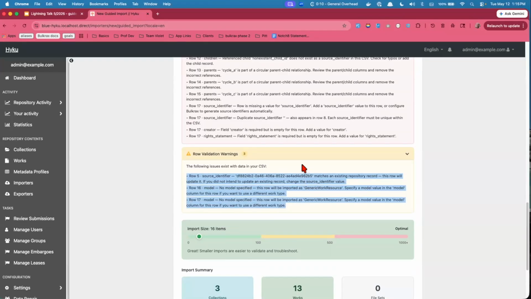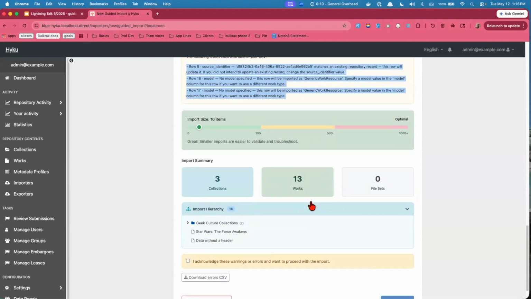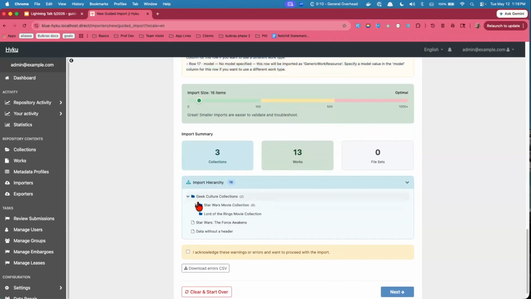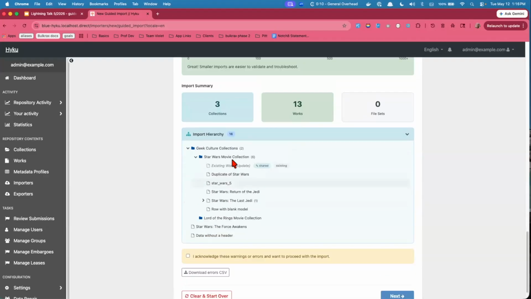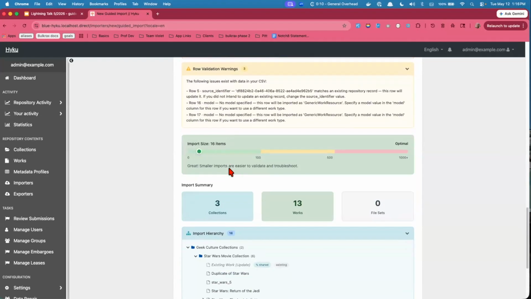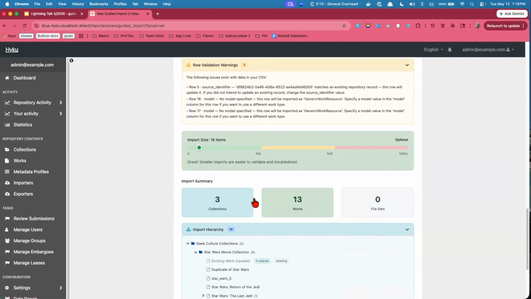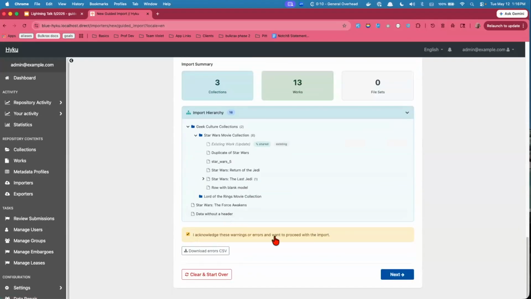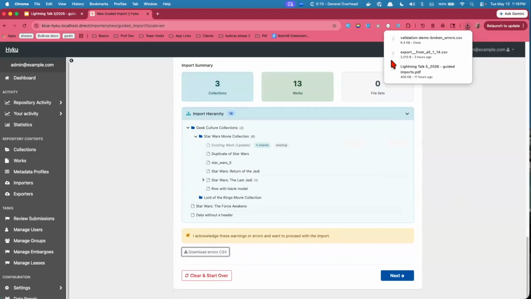So in case you thought you were adding a new one and you don't want to edit it, you have a warning there. We also see an import hierarchy, so you can see what collections and relationships you're going to be forming. And it has the option, knowing that we have some errors potentially in the code, or because it doesn't cover all validations, you do have the option to say, yes, I think this is right anyway, and I'm going to go ahead and proceed. If you don't think it's right, you can download the CSV,